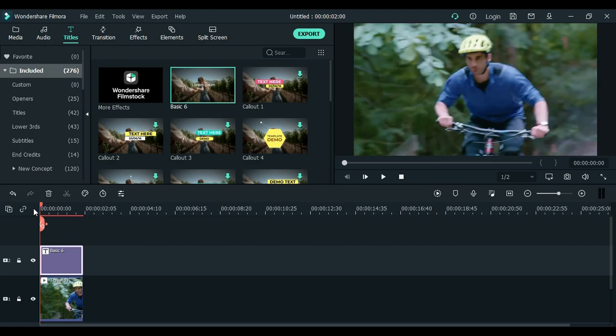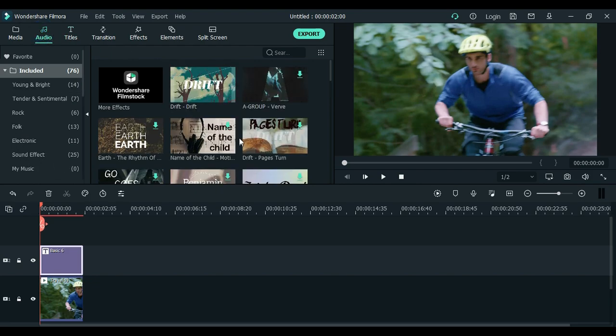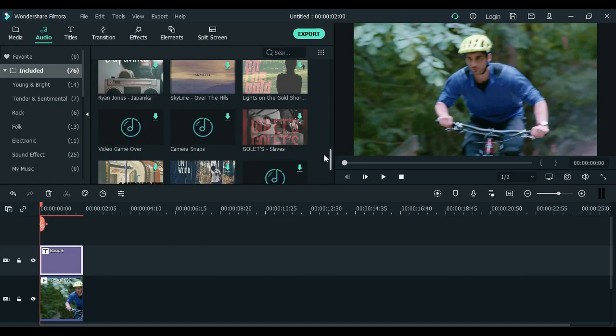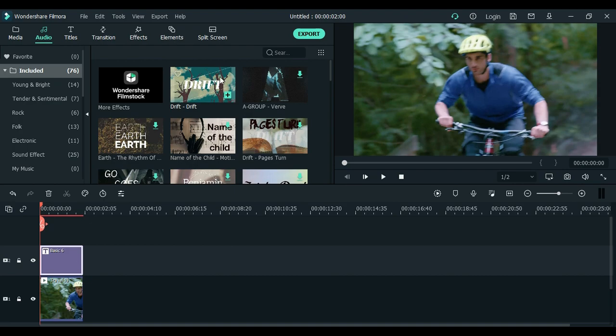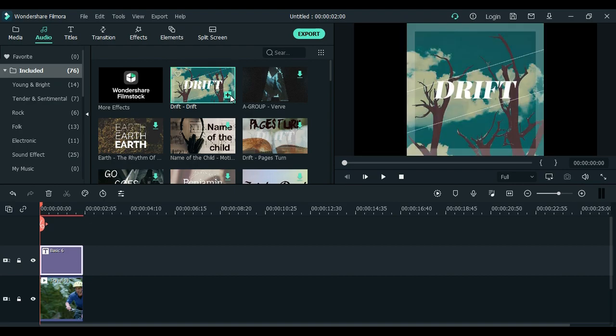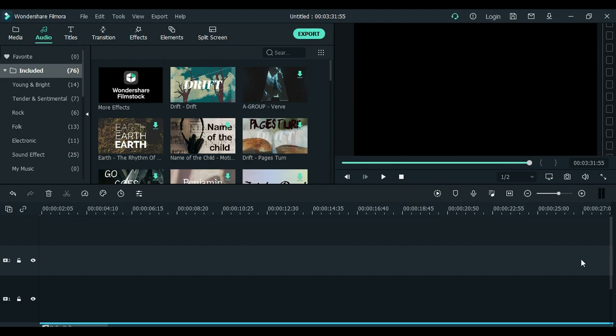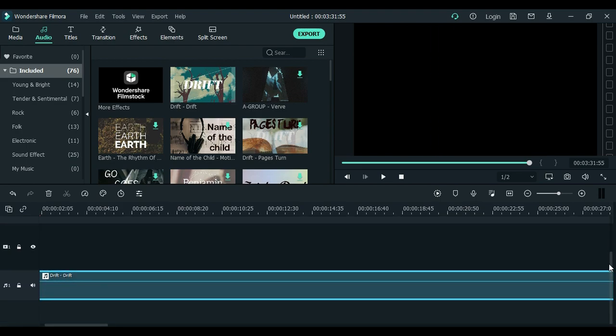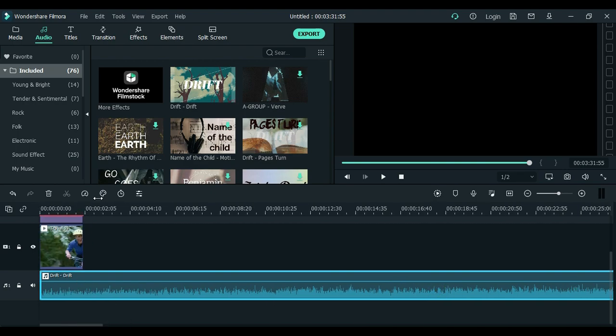Now just click on the audio section, and there are a lot of songs that you can install and use for free. See, I just use this button, just click on add. Now you just have to scroll down. Yes, and you see there are a lot. And now see, we have to cut this entire part that is behind the video. So we go here and select the audio and simply press Ctrl plus D and delete. See, now our video has the sound.